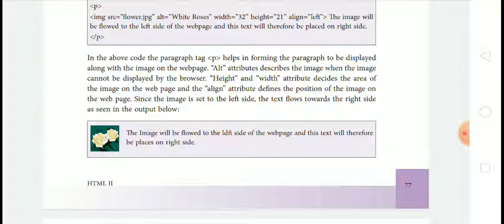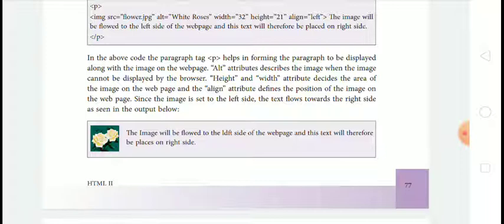Since the image is set to the left side, the text flows towards the right side as seen in the output below. As we have placed the image to the left side, the text will be placed to the right side on the web page.